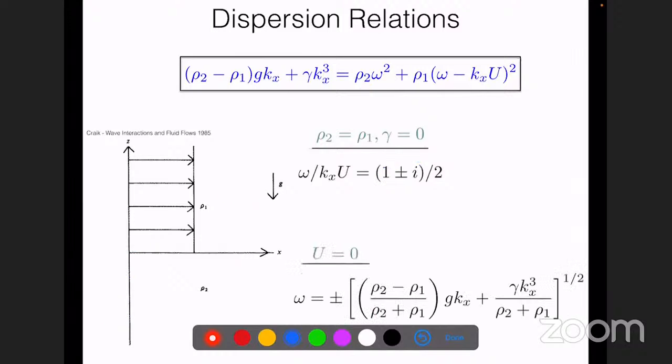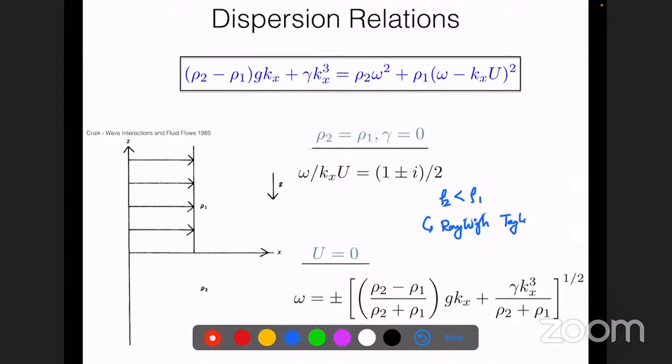Now, what about when U is equal to 0? When U is equal to 0, the top fluid is at rest, the bottom fluid is anyway at rest to begin with, but there is a density contrast, and then there is an effect of surface tension. If we look at this expression, there are two terms, and you could still make this become unstable if ρ2 was smaller than ρ1. So if the bottom fluid was lighter than the top fluid, this would be a scenario where omega would have an imaginary part. And when ρ2 is less than ρ1, this gives you